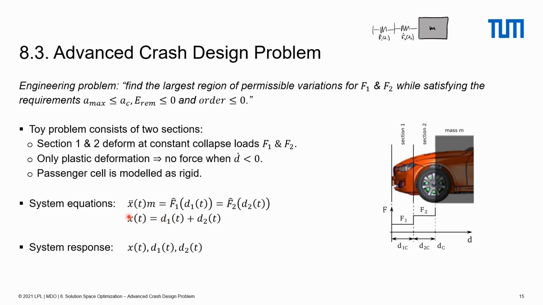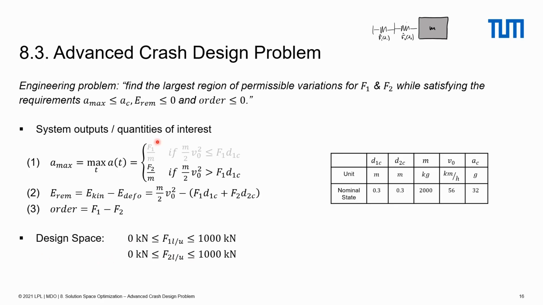And x(t) equals d1 plus d2. That means the deformation of the car equals the deformation of the first section d1 plus the deformation of the second section d2. System responses are x, d1, d2. The quantities of interest are first A max. This is the maximum acceleration of the car,